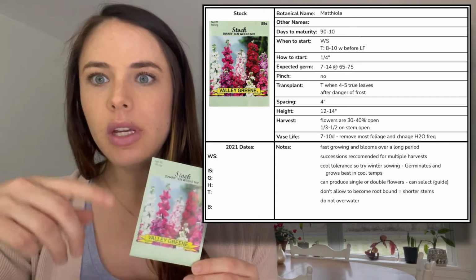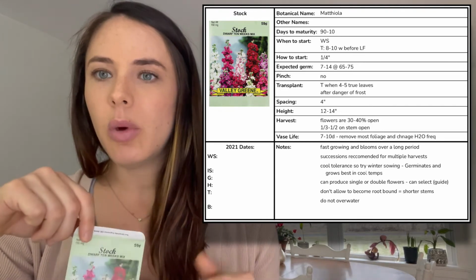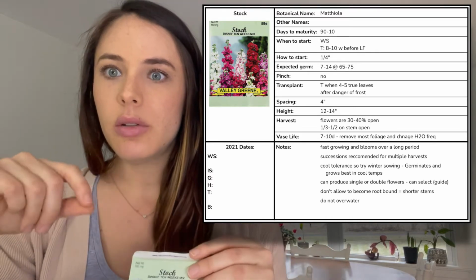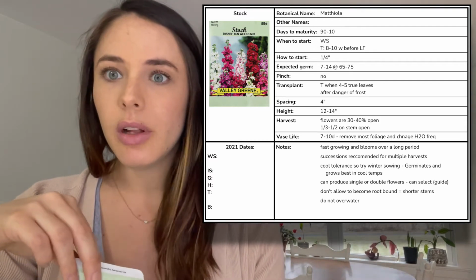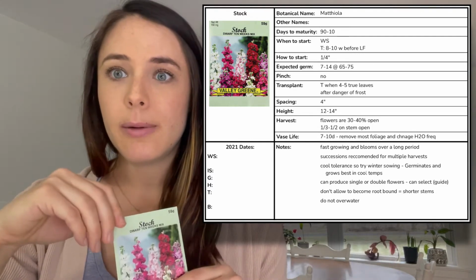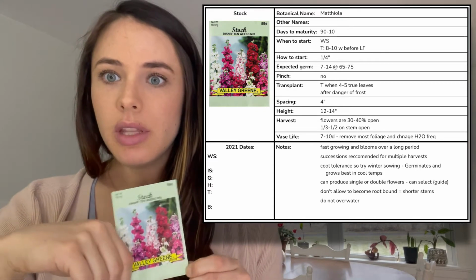So the flower stalks can produce single or double blooms. Johnny's actually has a whole production guide on this that walks you through a method you can try to predict which of the little seedlings will produce those single or double blooms, and I guess people get rid of the ones that are single blooms, but I decided I don't really care if they're single or double, so I'm not going to bother with any of that, and whatever I get. So definitely don't allow these ones to become root bound because that will result in them having shorter